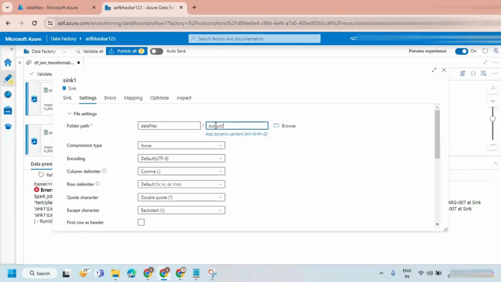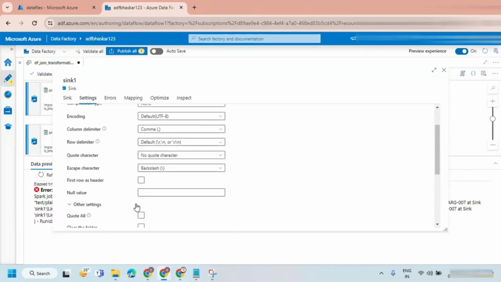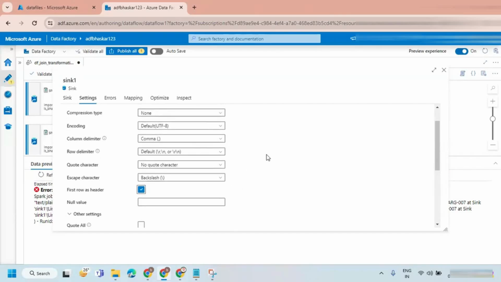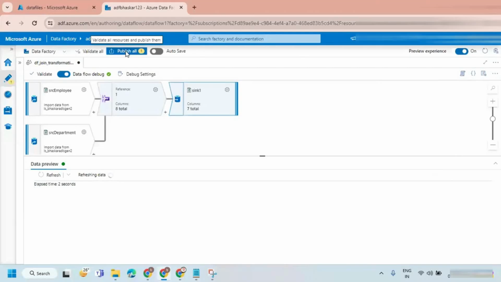Inside output folder, I wanted to go for employee underscore full join. No double quote characters. First row is going to be header. That's all. Okay, so I'm not going to do anything else. Let's close this and publish this.